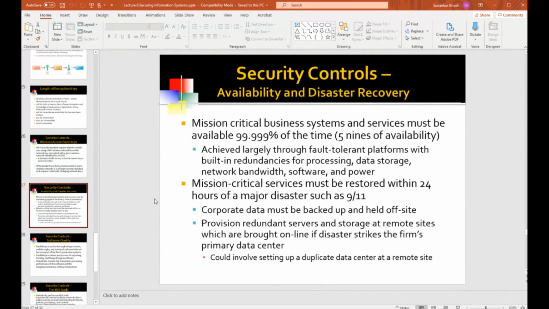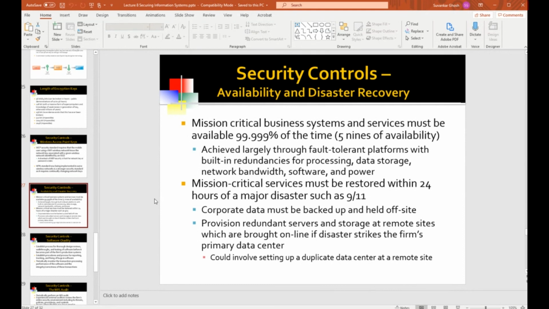Policies and controls for implementing policies around availability and disaster recovery, this 99.999% availability. How do you deliver that? Well, typically it was delivered through standby servers. So what they would do is they would have a production server, which is handling the main transactions, and then they would have a standby server which is doing disk mirroring.